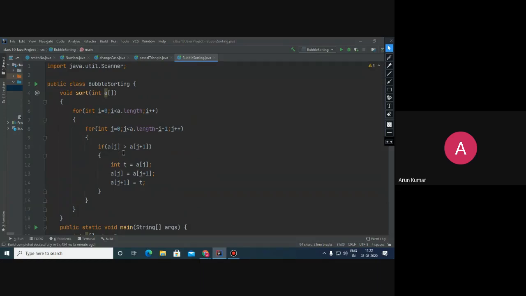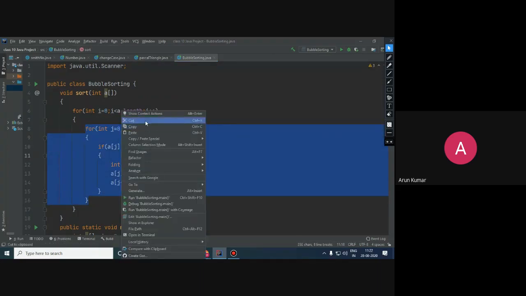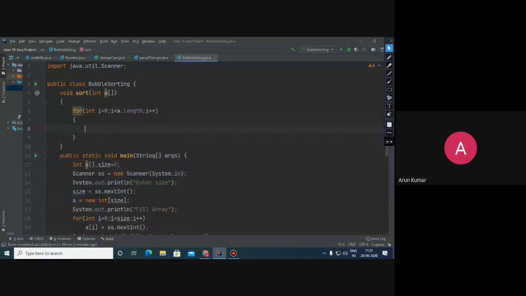Children, suppose I am removing this part, and here suppose I'm just writing a of i equals a of i plus 10. So what I'm doing, actually, is incrementing each and every element of this array by 10. So see what happens after this function call.